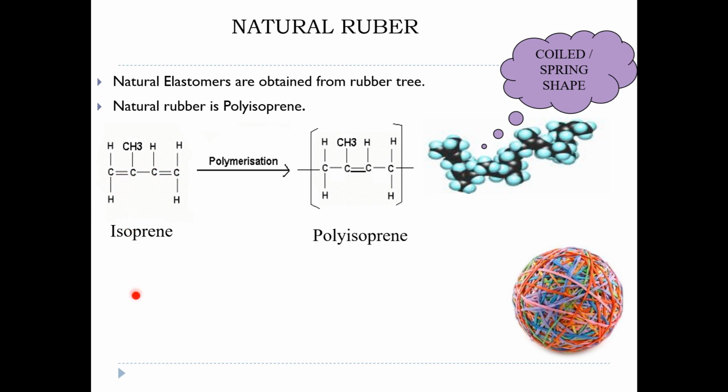Now, when these units of isoprene add to each other, imagine the second unit over here. So, it's like shifting of the bonds. This bond shifts over here. This bond shifts here, attaches itself to the new isoprene unit, and hence it continues. So, you get this unit of polyisoprene. Now look at this natural rubber, it has a double bond in it. So this is of very much significance.